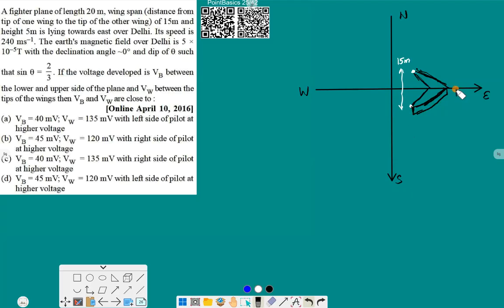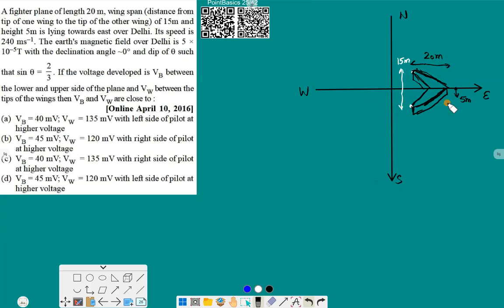So this distance is 5 meter, or what is it? Yes, wingspan 15 meter, and yes, the height is 5 meter. This is 5 meter. So that's the basics of our plane. And its length is 20 meter. This length is 20 meter,